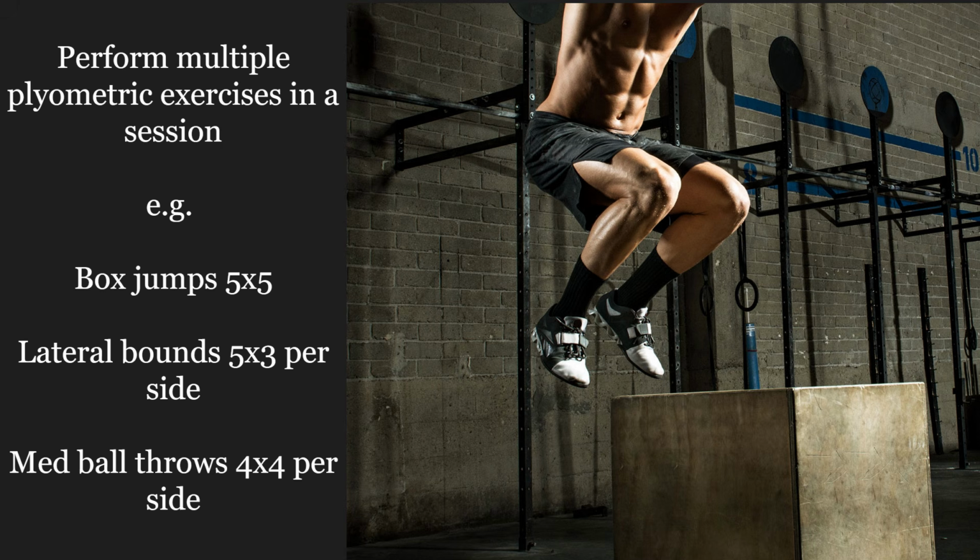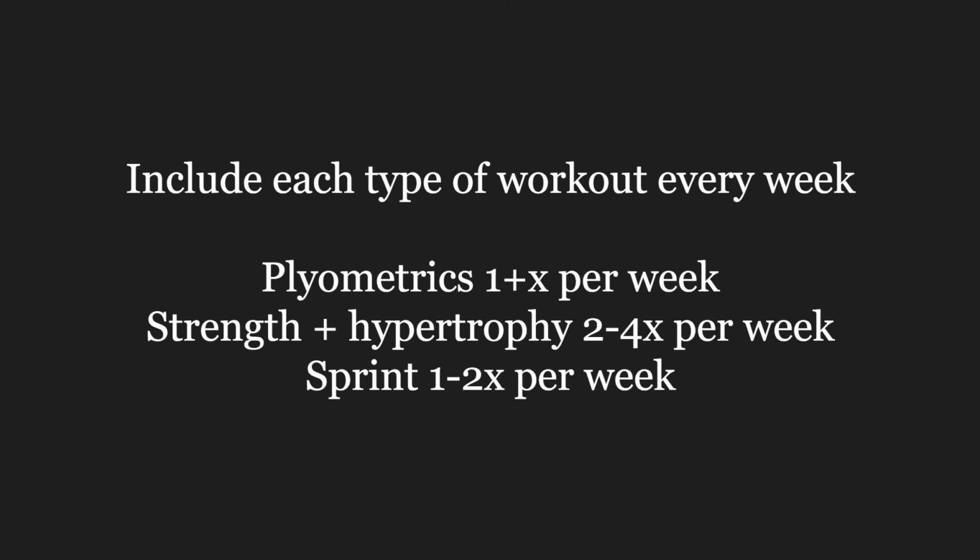So to get to these numbers, that means you should combine a few different plyometric exercises in each full session. So you could do box jumps and lateral bounds and medicine ball throws, for example. It should be strength and hypertrophy training 2 to 4 times per week, depending on where in the season